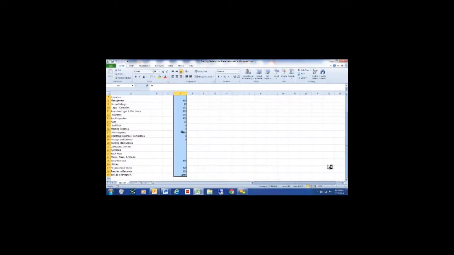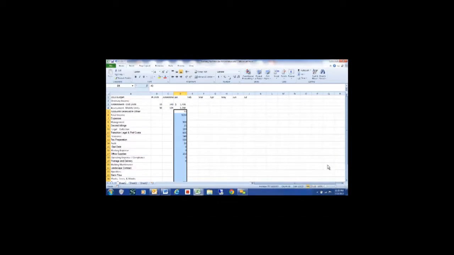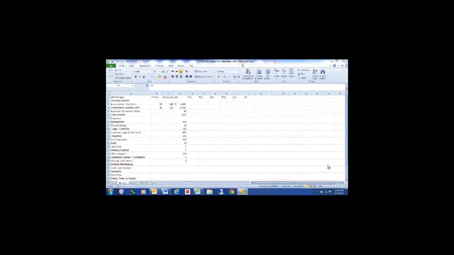Except I lost my selection. There we go. I'm going to go ahead and put them all in my comma format. What is going on here? I'm going to get this out of the way. I keep running into the little Join Me icons. So let me try the comma again. There we go. Now it's cooperating. And then I'm going to decrease my decimal places. Okay,